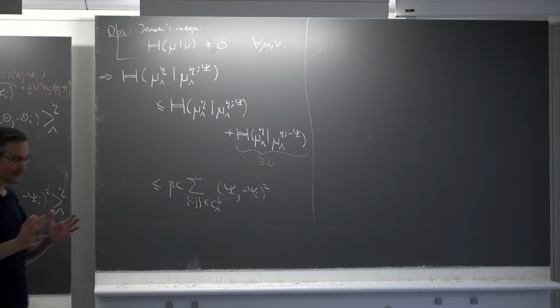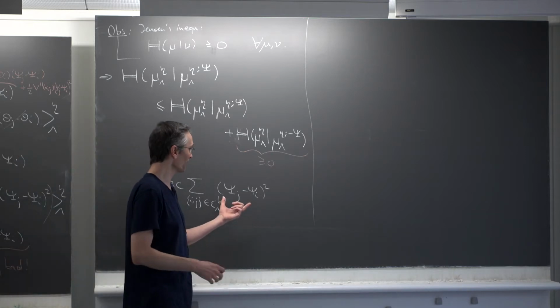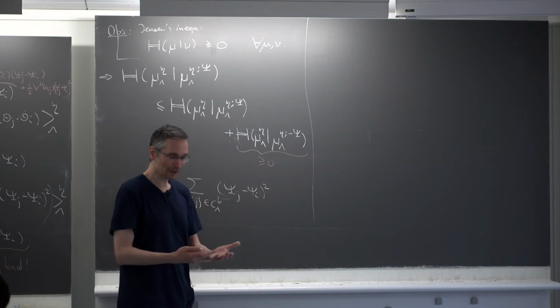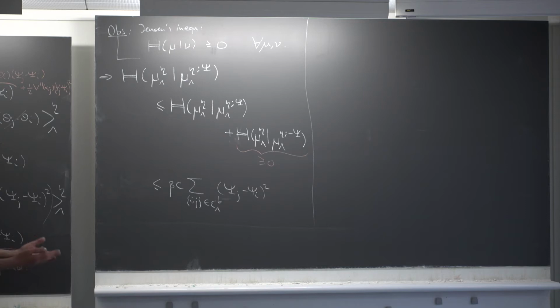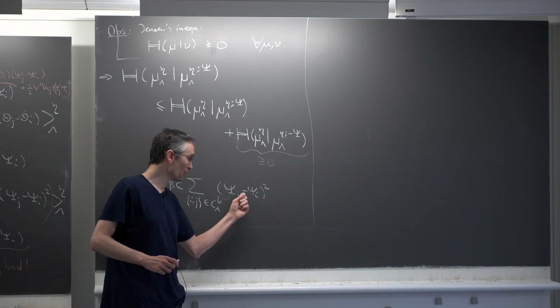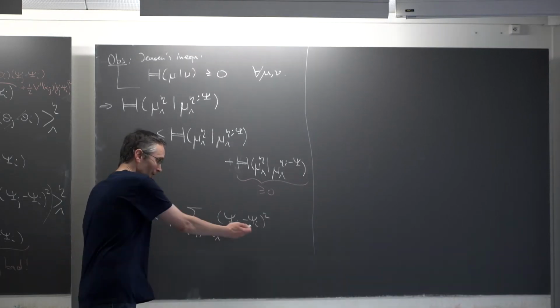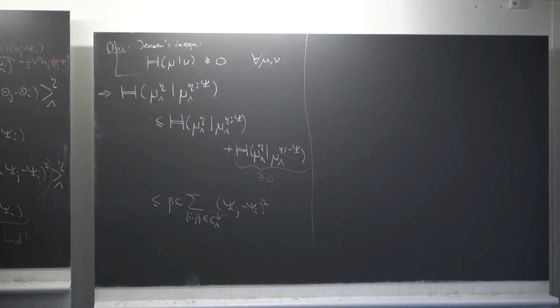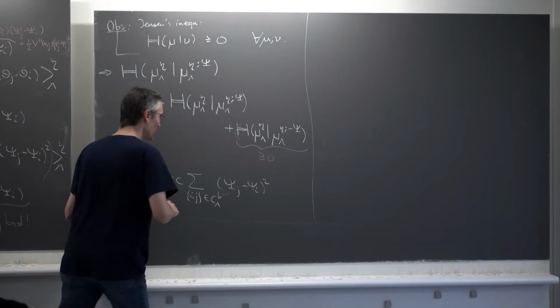It's not very satisfactory because I have not explained to you where this psi came from, and it's not clear whether it's optimal or not. And moreover, the effect of the dimension, why it works in dimension 1 and 2 and fails in dimension 3 and higher, was not clear from the argument. So what I'm going to do now is choose the best possible psi here. So we will understand what is the effect of the dimension and what is the optimal choice that you can make. Okay. So for that, I just want to introduce a notation before.